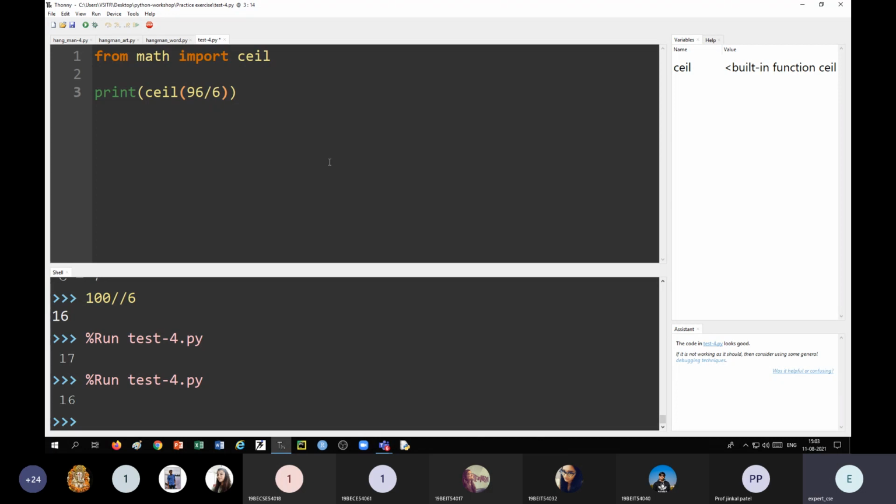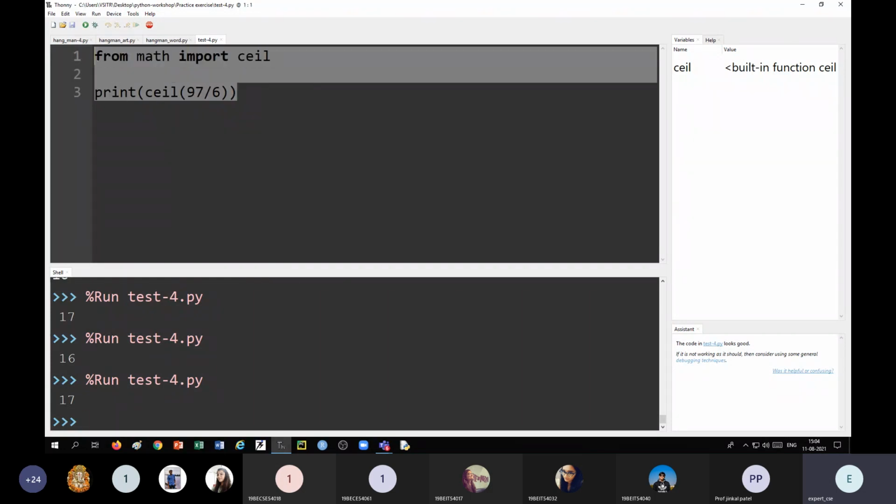This example should also be shown: if it is exactly 16, then it should not give you the upper border or a ceiling, the next integer. So if it is exactly 16, you should not go to the next integer. But if it is even 0.1 more, then you have to go to the next integer. Okay, now try to complete this program. It is very simple. During your previous semesters, you might have learned to find the area of a rectangle. But the same thing I want to give you in another way. So try to complete this.